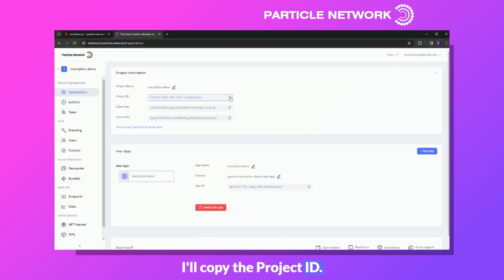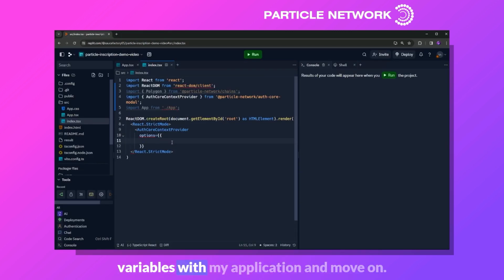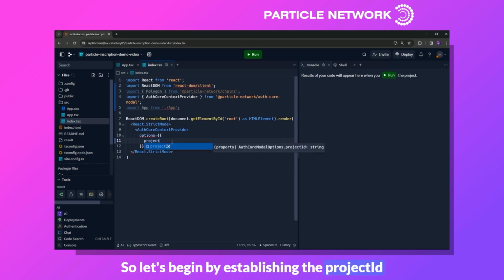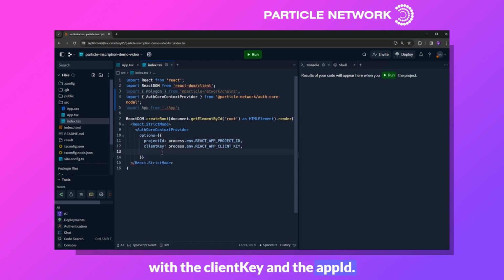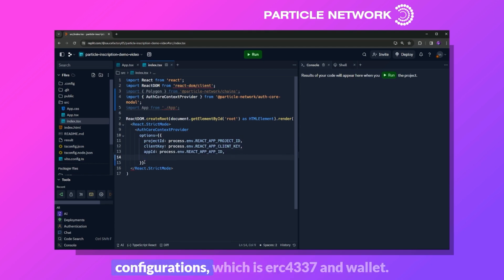I'll copy the project ID, the client key, and the app ID. Now I can throw those into environment variables within my application and move on. So let's begin by establishing the project ID as process.env.REACT_APP_PROJECT_ID, along with the client key and the app ID. Okay, so now with these established, let's move on to our two groups of optional configurations, which is ERC4337 and